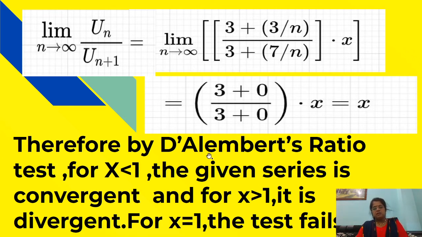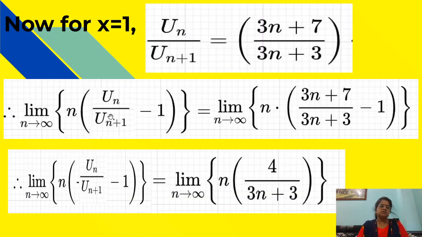Therefore by D'Alembert's ratio test we can say that for x less than 1 the given series is convergent, for x greater than 1 it is divergent, and for x equal to 1 the test fails. Now consider x equal to 1. Un upon un plus 1 is equal to 3n plus 7 divided by 3n plus 3, because here x is